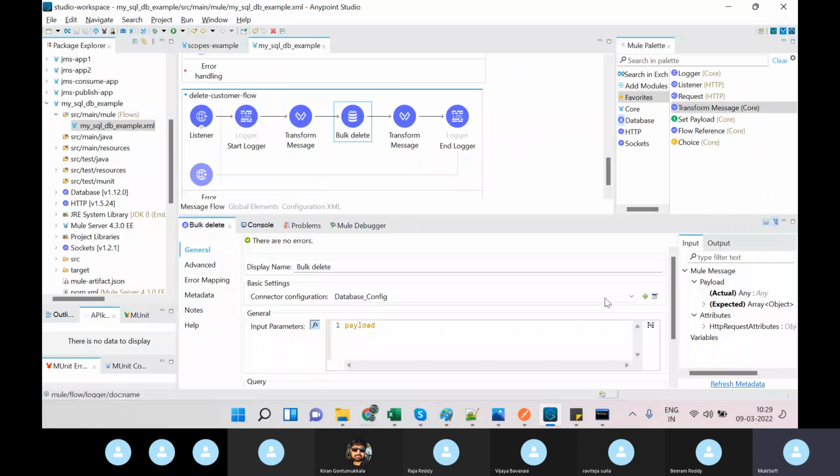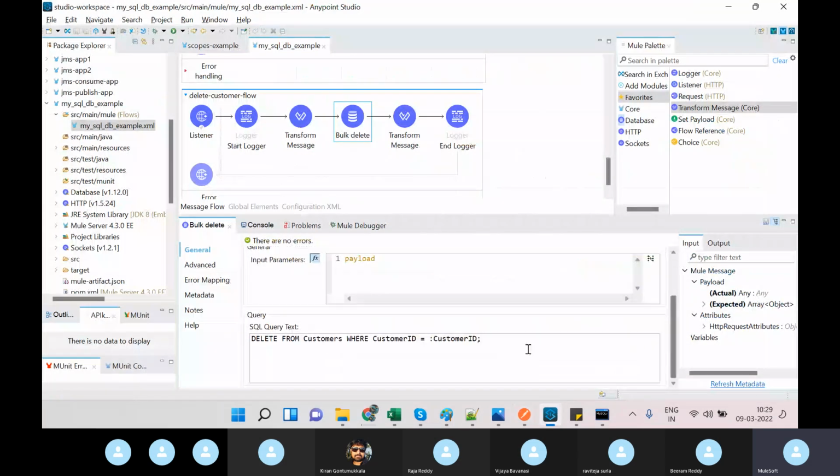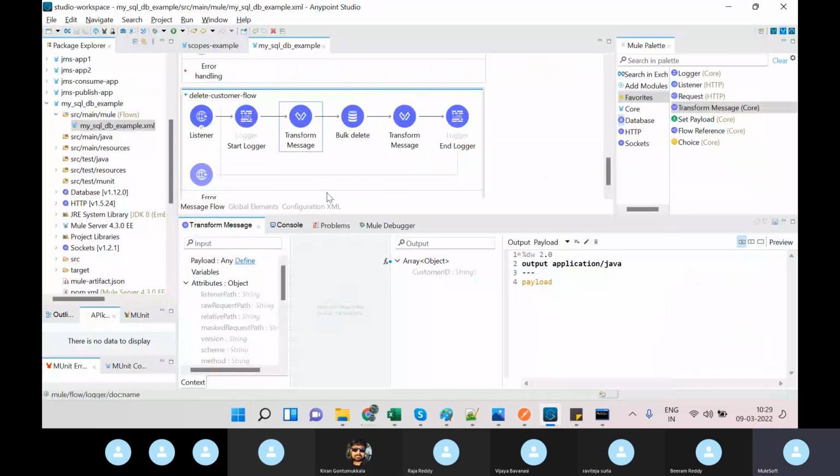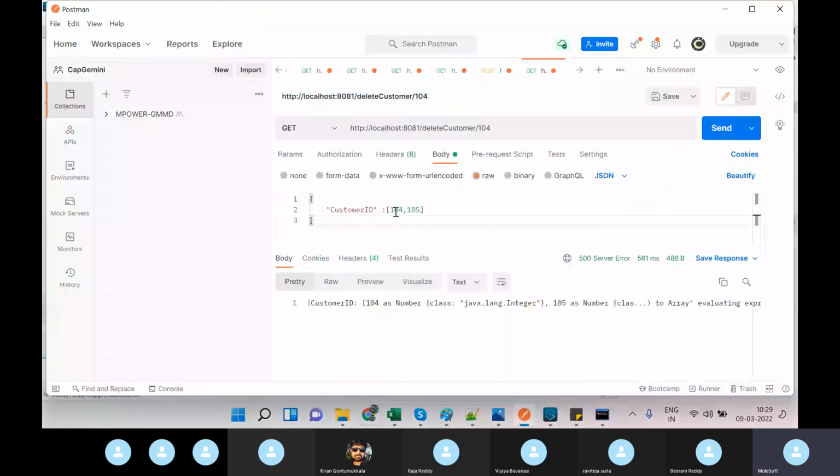Java bulk insert, bulk update, customer ID you are passing. I think it can be done only in this way. Let me check in a different way. Okay, so here I'll take this one. Here you can take Control C, comma